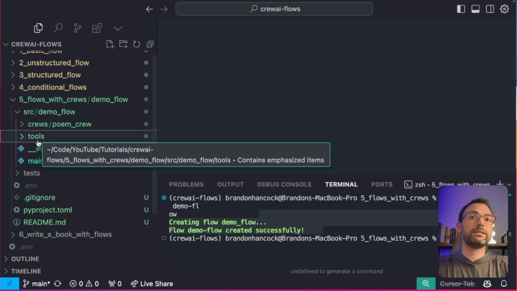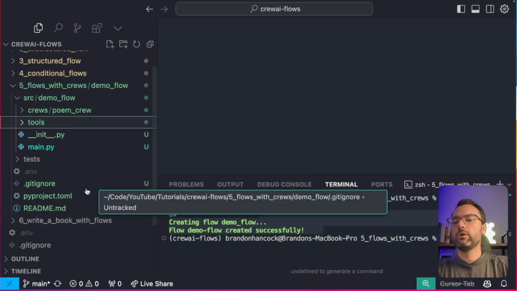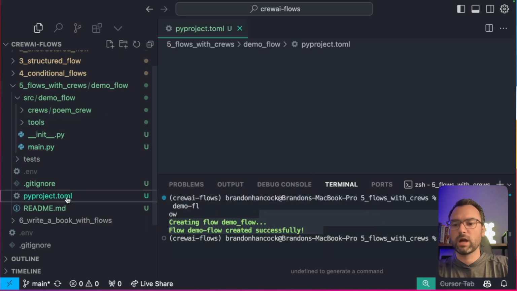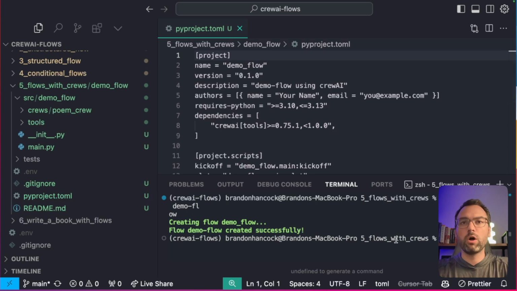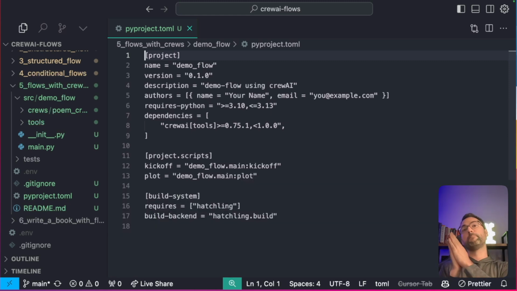Now, let's talk about something else. If you have begun to work with CrewAI, you'll notice that we now have a pyproject.toml file. This is how we manage all dependencies for your crew projects. There has been a big change recently where we have migrated from Poetry over to UV. Quick background: